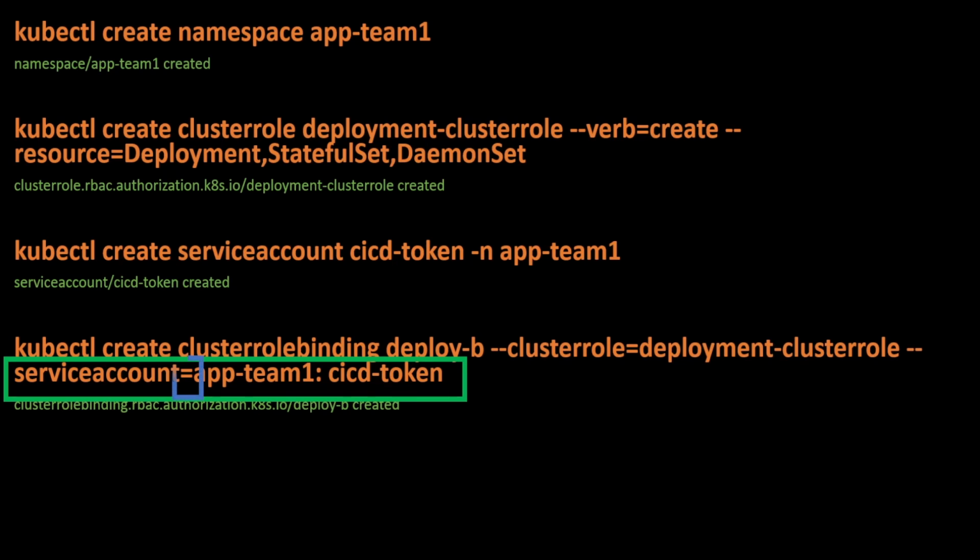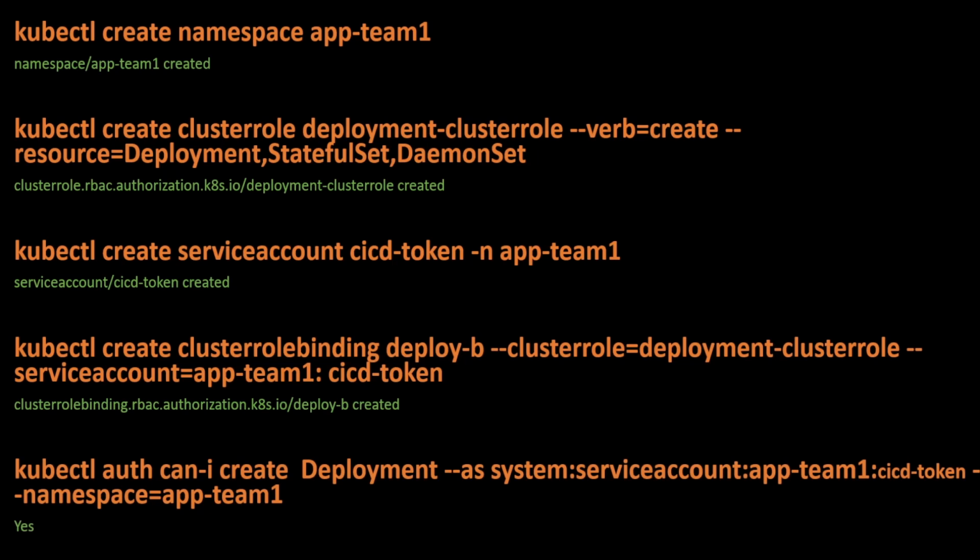First, we use the equal sign, then mention the namespace followed by colon and then the service account name, that is cicd-token in our scenario. Last, we can check if the system user, that is the service account user, has the privileges to create deployment under namespace app-team1, and the answer should be yes.